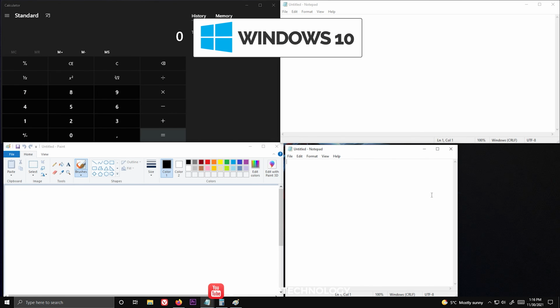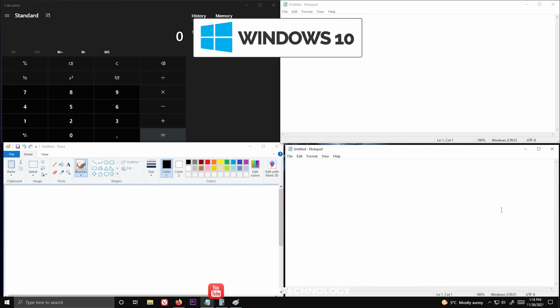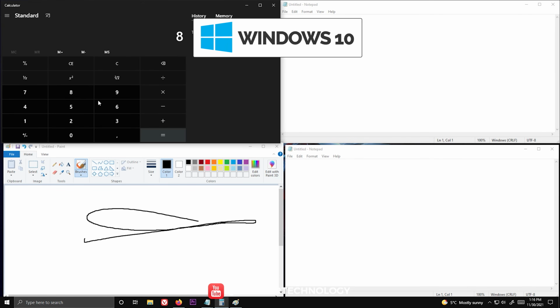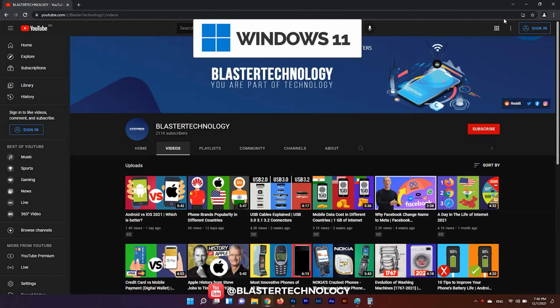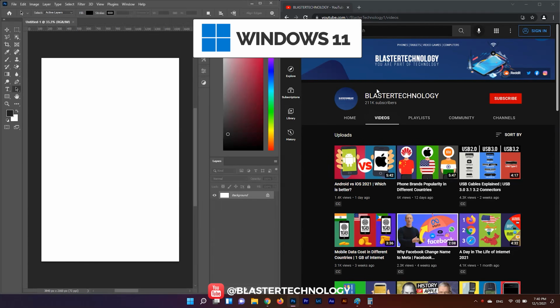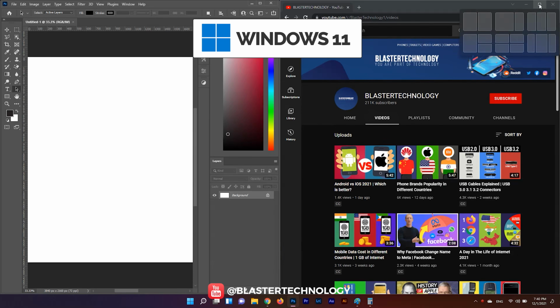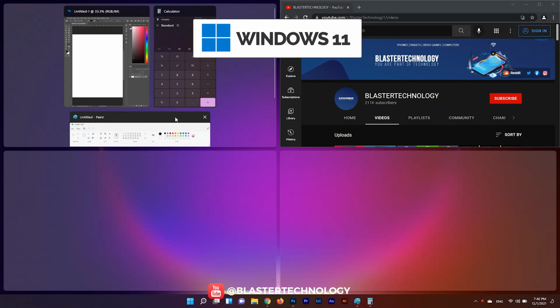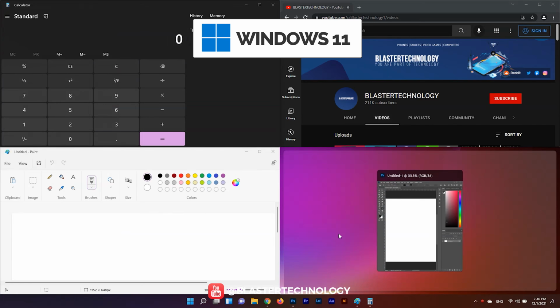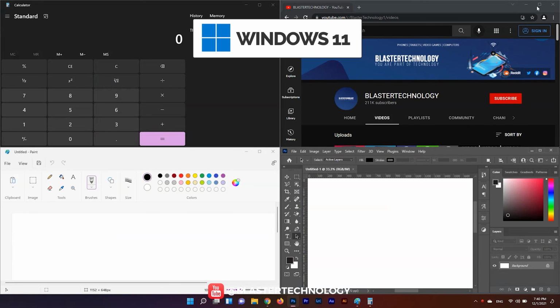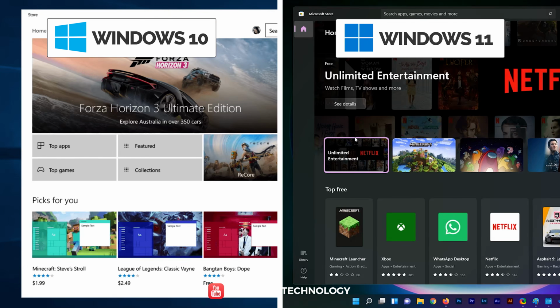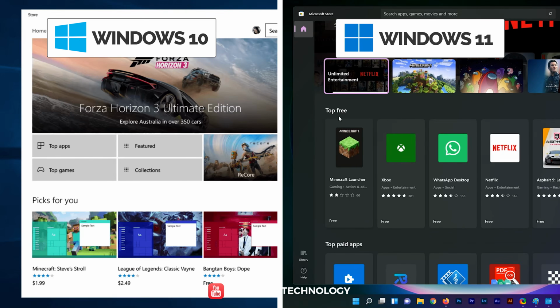In terms of multitasking, Windows 10 allows the positioning of several windows simultaneously, dividing the screen into 4 zones with drag and drop. In Windows 11, Snap Layouts has been introduced, which makes it easier to open multiple windows simultaneously. You can choose one of the templates, and then the selected windows and applications will be fixed automatically and resized accordingly. Related to applications, Microsoft has made changes here as well.